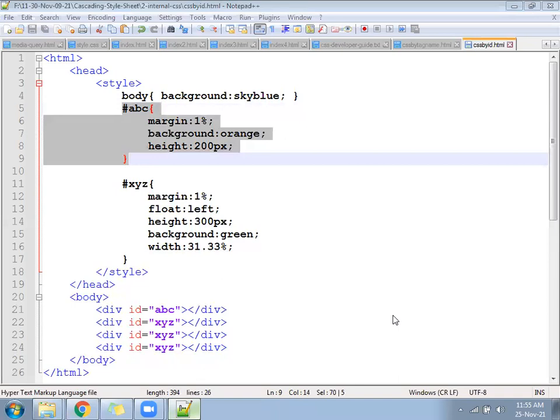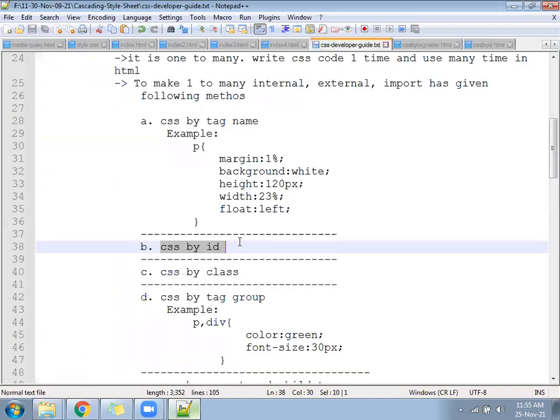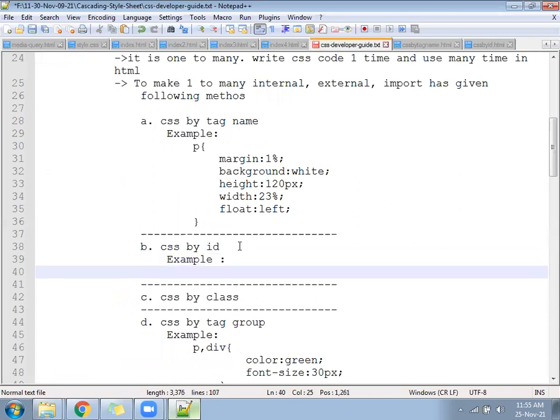It's working. Next, we can copy this div. Come to the CSS developer guide, right here under the example section. This way.